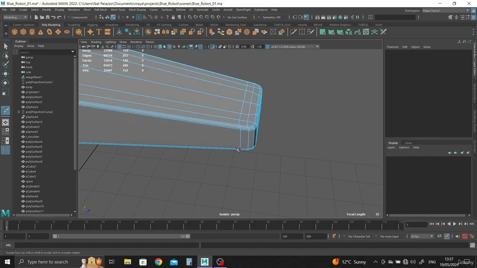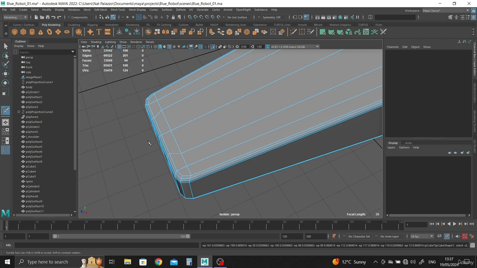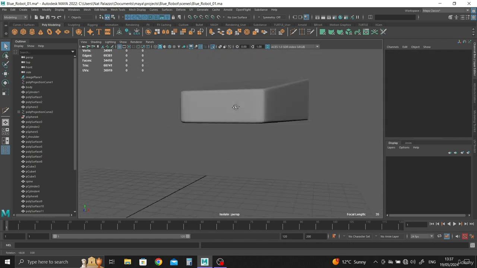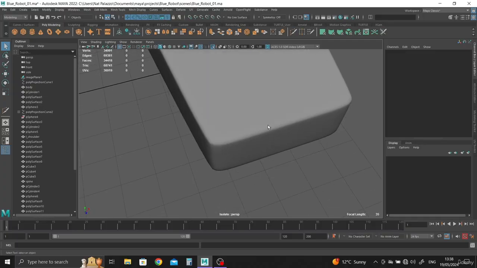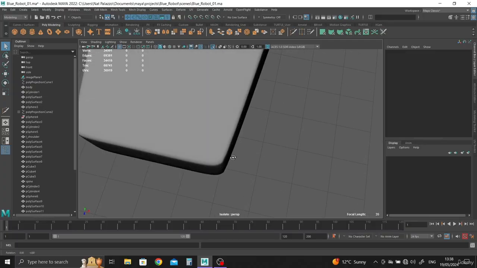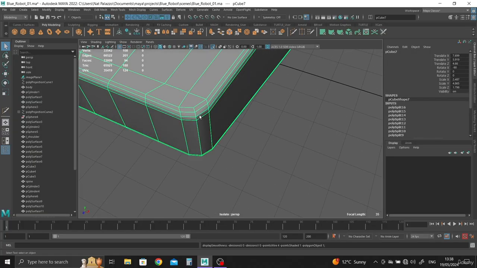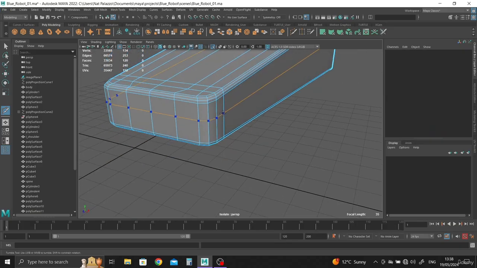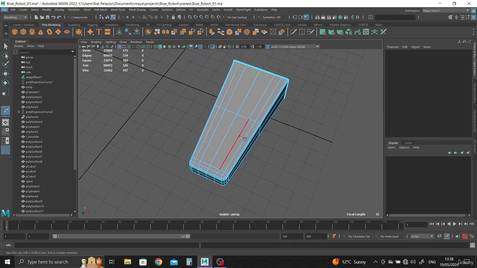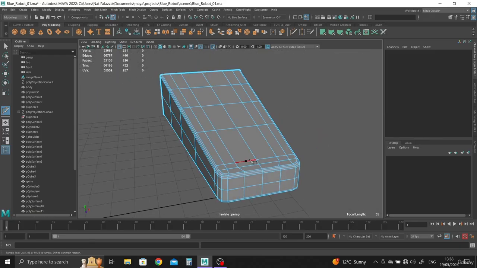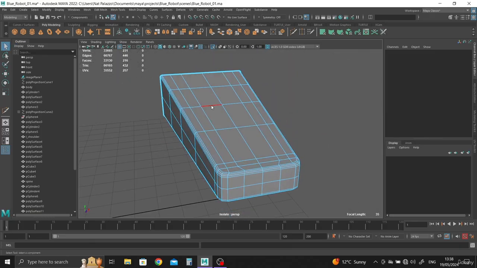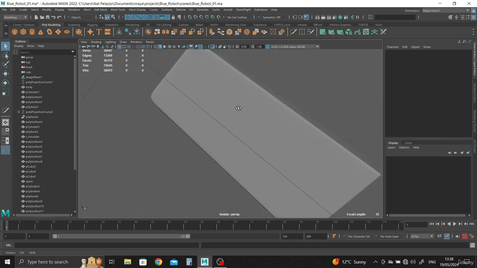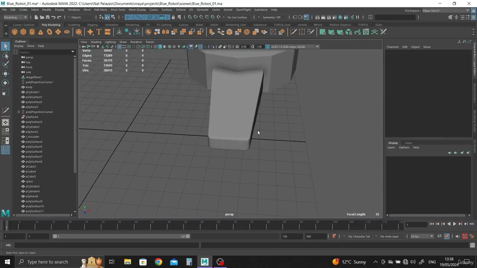And I'm just going to add another one there just to kind of solidify it, because when you hit 3, sometimes the geometry can be a bit too soft, as you can see, rounded here. And so if you want it just a bit sharper, always add a holding edge and maybe one in the middle there, and just a couple more spread out across the surface there. So now when you press 3, you do get a nice tighter result, and much cleaner result as well. And so that's basically the toe,